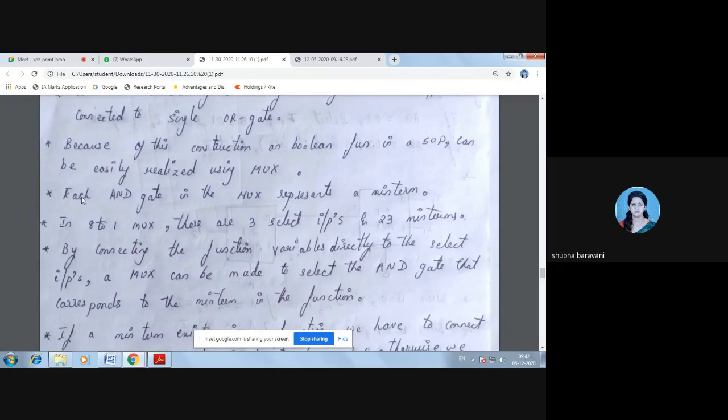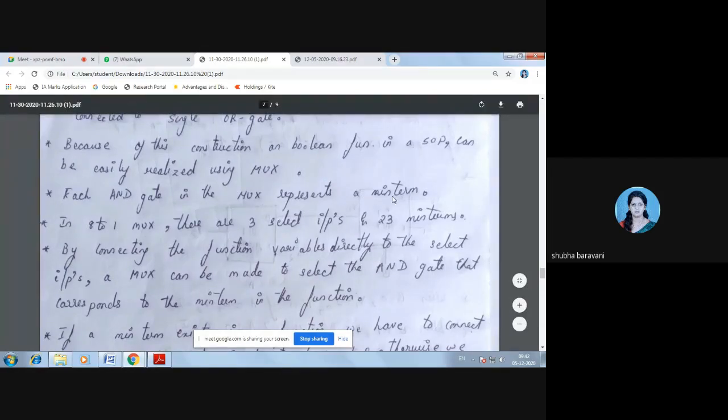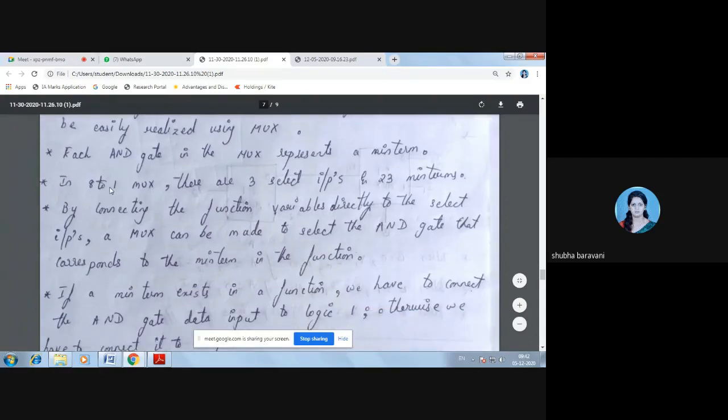Now, here each AND gate in a mux represents a min term. SOP is here, it means it is a min term. Now, in an 8 to 1 mux, there are 3 select inputs and 2^3 min terms.